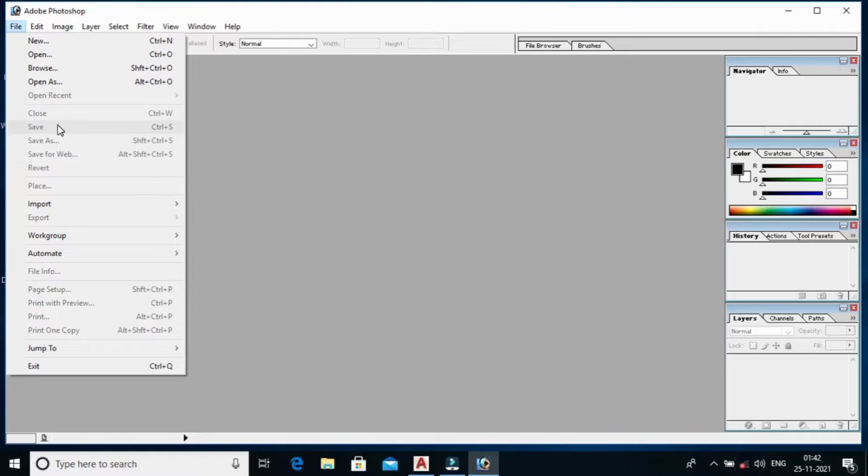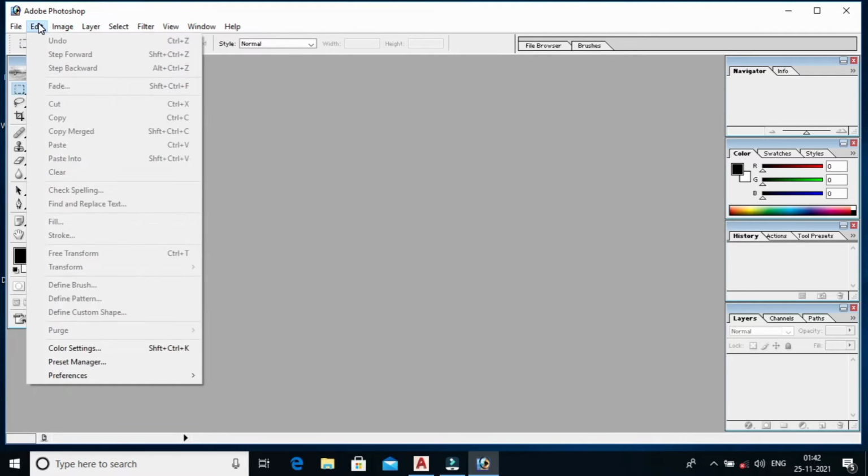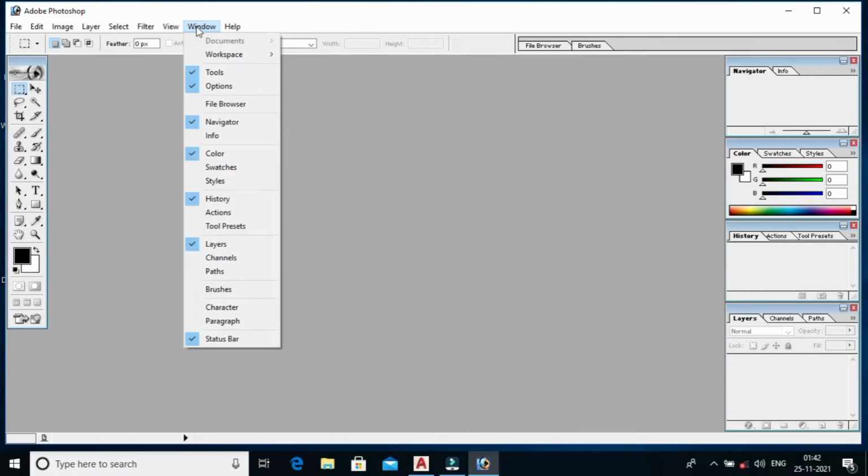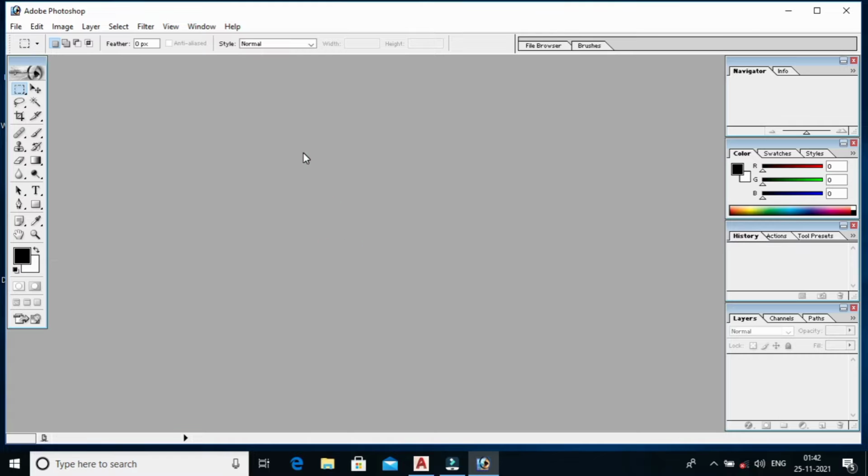Here is File: New, Open, Browse, Open, Save, Import, Workgroup, Automatic, and the rest, which is not highlighted, is Close, Save, Save As, Revert, Place, Import, Page Setup, Print with Preview, Print One Copy, etc. Edit menu: Undo, Step Backward, Step Forward, Fade, Cut, Copy, Merge, etc. Image is there as well, Layer, Select, Filter, View, Window, Help. These are all useful tools, and now we are discussing the tools.